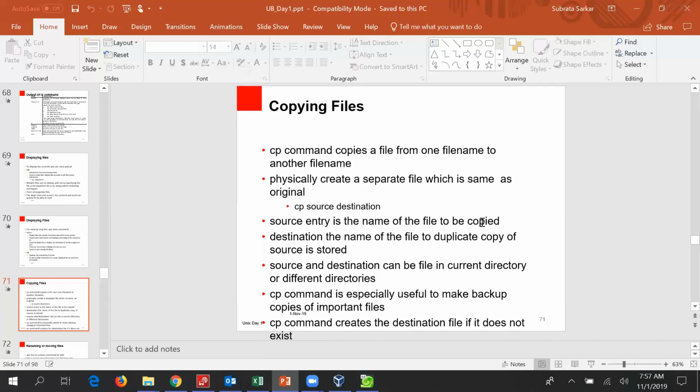Source is the name of the file to be copied. Destination is the name of the file where the duplicate copy of the source is stored. Source and destination can be files in the current directory or different directories. The cp command is especially useful to make backup copies of important files. The cp command creates a destination file if it does not exist.